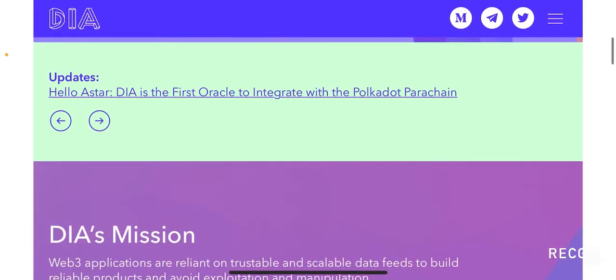And if you see here, they have an update stating, hello Aster, DIA is the first oracle to integrate with the Polkadot parachain. So we recently covered Aster protocol, which is a really exciting project on Polkadot, which is also a parachain on Polkadot. And Aster is basically using DIA as its first oracle in the Polkadot ecosystem. So it's a pretty cool piece of information to note, because Polkadot in and of itself will become a very